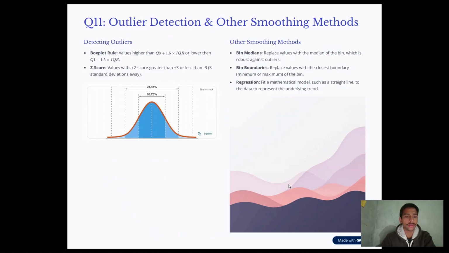Outlier detection and other methods. We also explore how to detect outliers, those extreme values that skew our data, like 70 in our list. Box plot rule: any value significantly higher than the upper quartile, Q3 plus 1.5 times IQR, is flagged. Z-score: any value more than 3 standard deviations from the mean is considered an outlier. Other ways to smooth data include bin boundaries, rounding to the nearest edge values, or regression, fitting a math equation